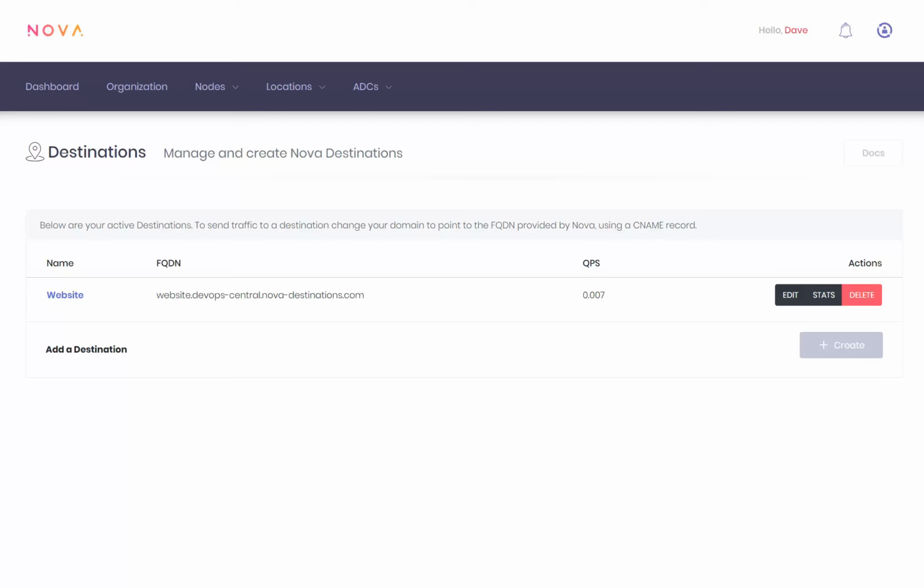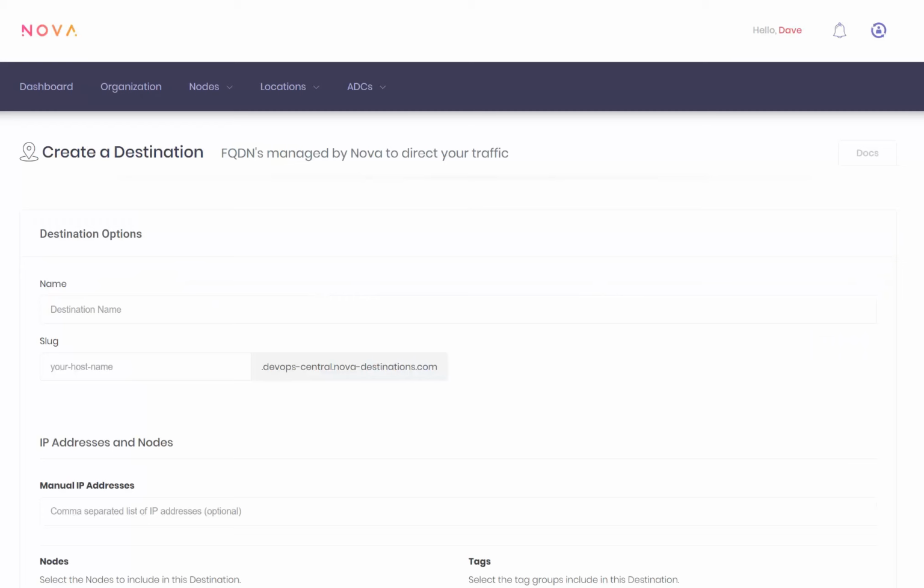the traffic elsewhere. With Nova, you can also move traffic around with weights by geographic location and more. Right now, we're going to simply look at using a destination to send traffic to two global destinations that are being health checked. I can create a new destination in the interface here and give it a name, for example,